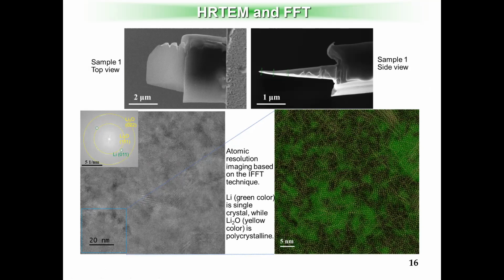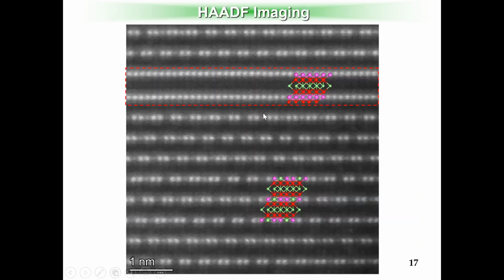The normal temperature TEM, because the whole sample will be damaged by the beam. So that's the beauty: you go to the cryo temperature and at the same time enable high resolution, atomic resolution imaging. So this is another example. This is at the STEM mode, not at the TEM mode. At STEM mode, if you use this HAADF imaging, so high angular dark field detector, what happened here is that